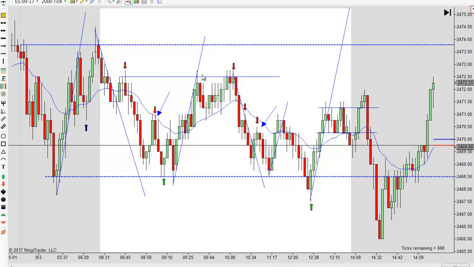Notice that high, you tested it once, you tested it twice. So looking at it on a little bit larger level, there's some other reasons to like that. This is looking like the high of the range now, and so you just about can go short on any touch of the high of the range or any touch of the low of the range or a failed break. So I like that trade, but it could easily be green. So keep that in mind.